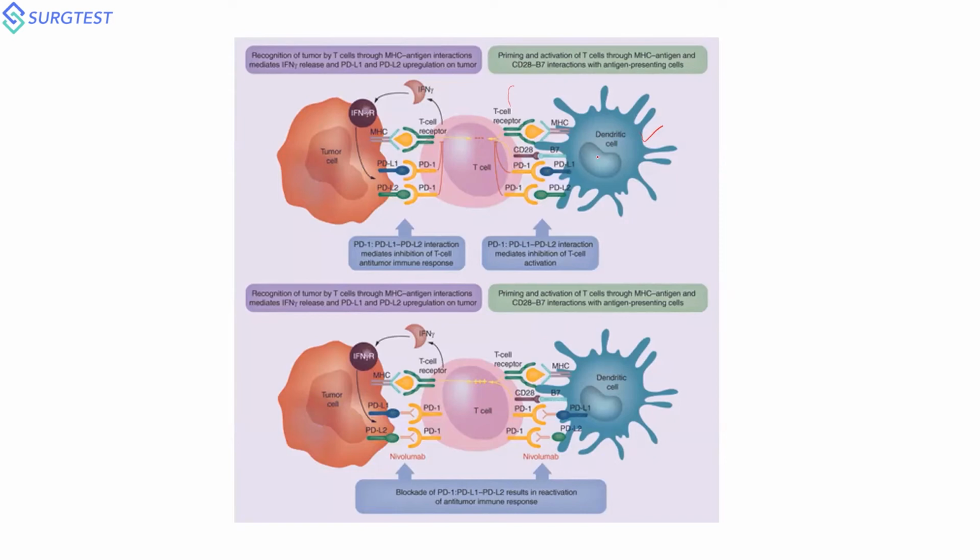PD-L1 is being secreted by a normal antigen presenting cell, and which will be sitting onto PD-1, and thereby there is no tissue destruction. The same thing the tumor cell has picked up, and they made themselves resemble the dendritic cell by expressing PD-L1 and PD-L2. Both will be binding to the same ligand. When there is a treatment using nivolumab, there is an inhibitor which sits in between your ligand and your receptor. Thereby, the tumor cell is identified as non-self and it undergoes destruction.